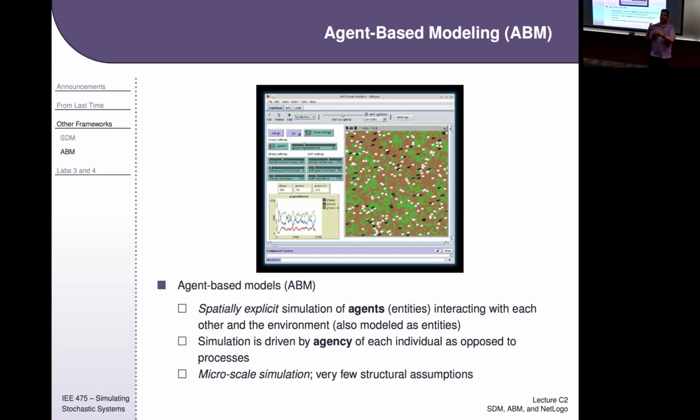And so they're trying to balance all of that behavior all at once on top of a real map. So you can imagine that that would take a lot of computing power, and you're not going to be able to run a lot of replications of that. So that's kind of the downside of using these agent-based models, is that they have the potential to be overly